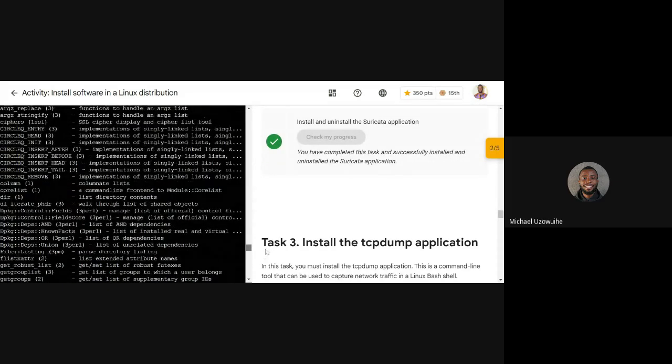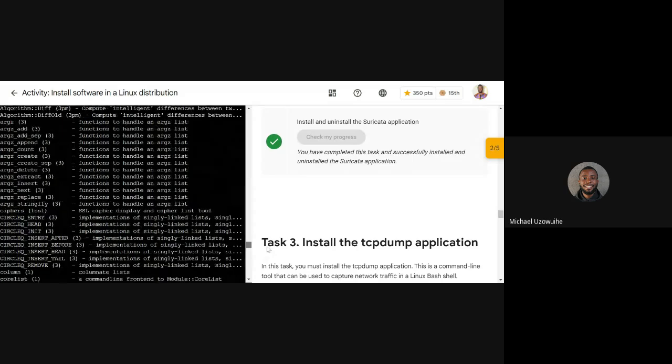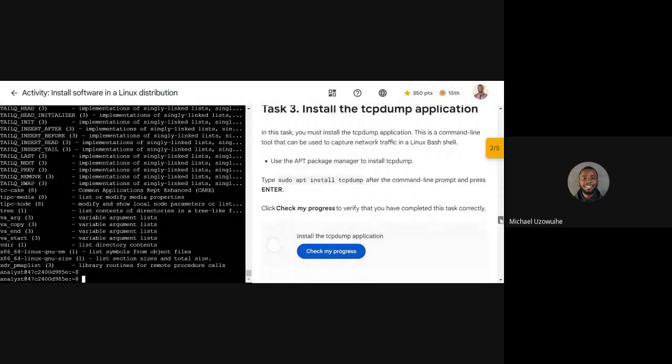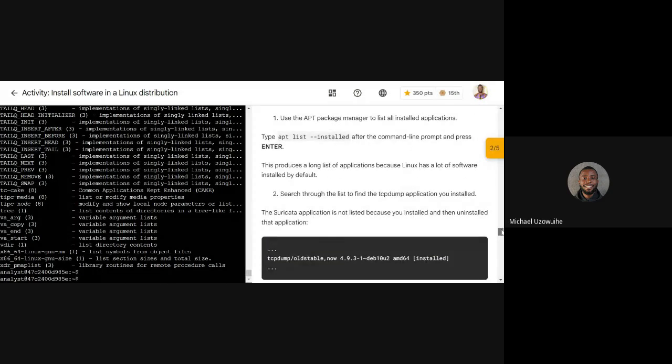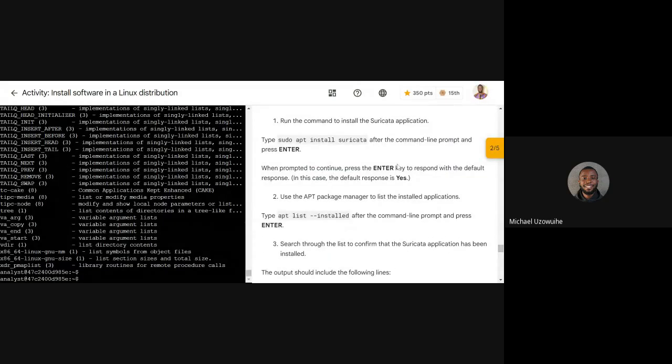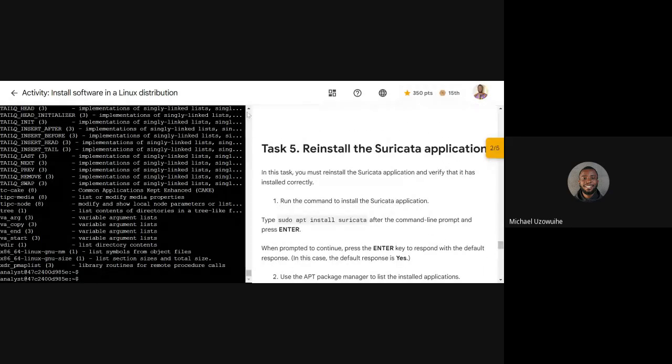All right, I think that thing should be here. Okay, that's what I was looking for. I've seen what I'm looking for. APT list, please, right? All right. So I think